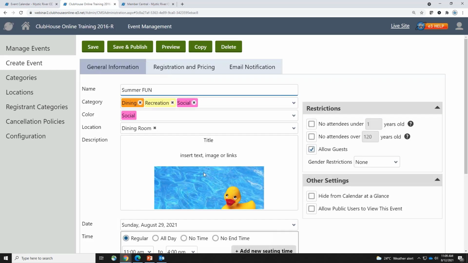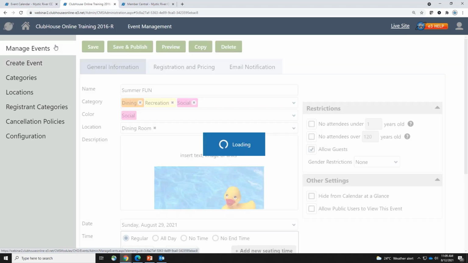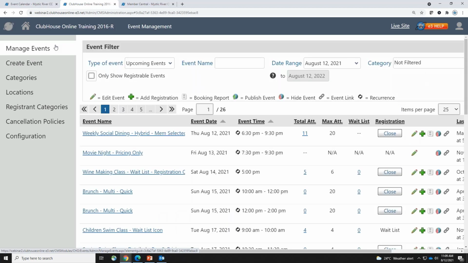You've created your event, but it doesn't show for your members to see quite yet, because in this system we have to do what's called a publish. I'm not actually going to publish from this screen because I want to show you from the Manage Events area. So I'm actually going to start at the very top because I didn't talk about this tab yet, is you have the ability to